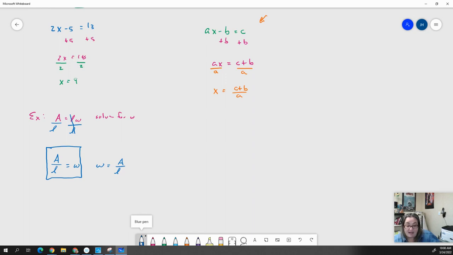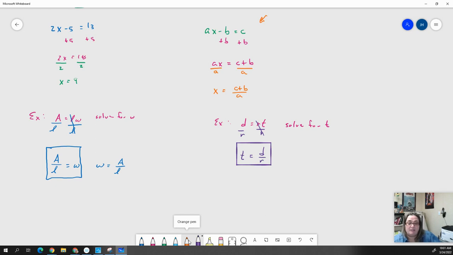So if I have, say, the distance formula, which would be d, which is distance, equals rate times time. So I have d equals rt, and I want to solve it for t. That means that is the letter that I want to get all by itself. So again, I have this r times t, so I'm going to divide both sides by r. These r's are going to cancel, and I'm going to be left with t equals d over r,